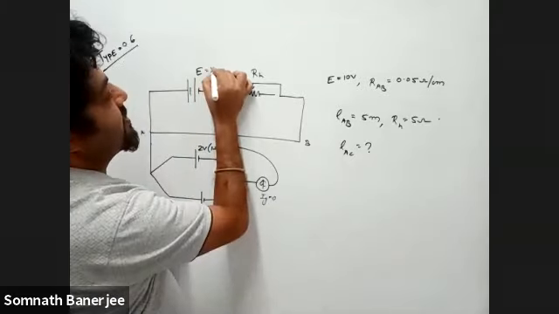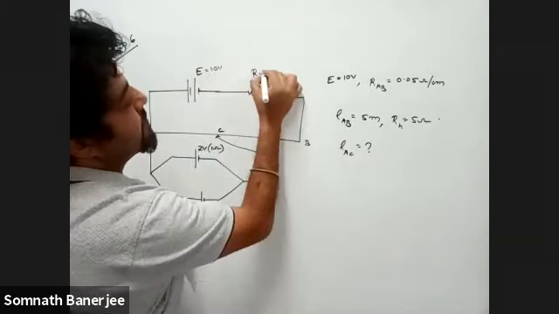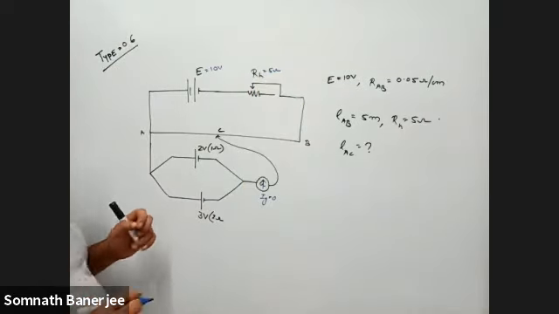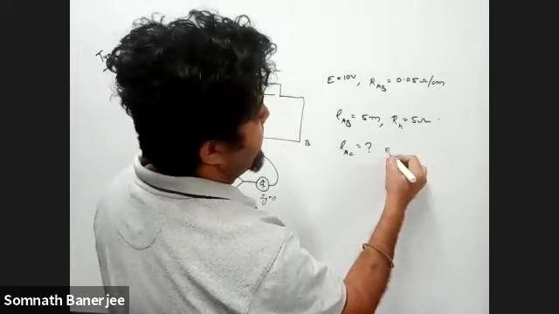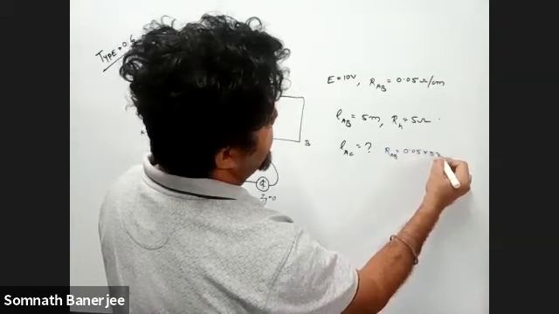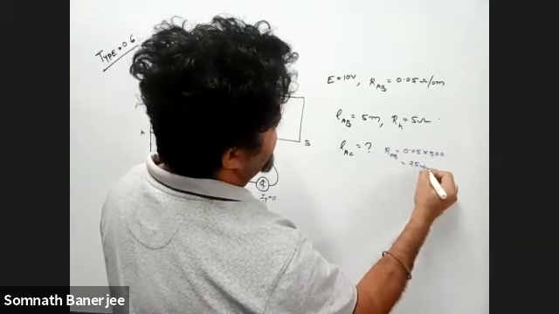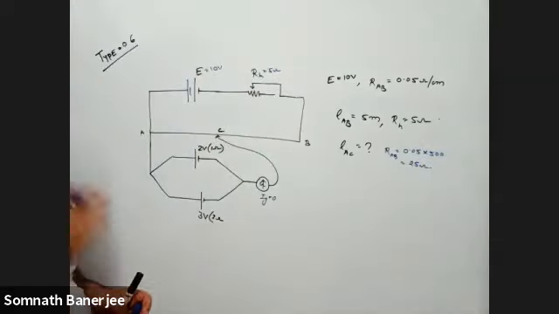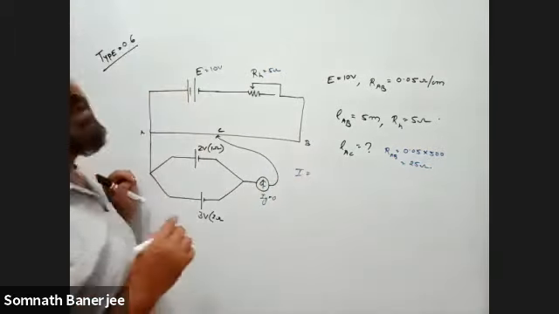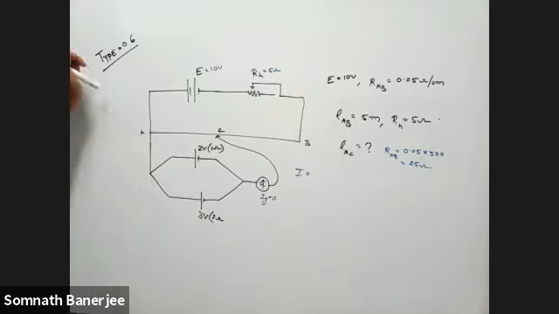This one is given according to the question, 10 volt. This one is 5 ohm. And now total length of AB is 5 meter. So we can find the resistance of AB: 0.05 into 500, that is 25 ohm. So you have the resistance of AB. So you go through type 1. First, you have to find out the most of the question.